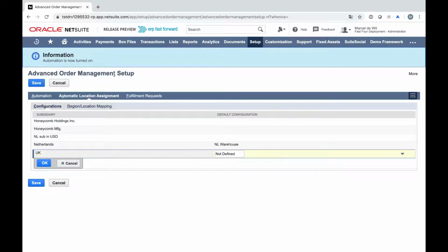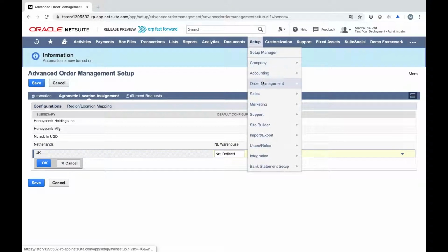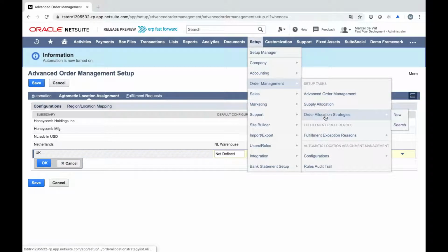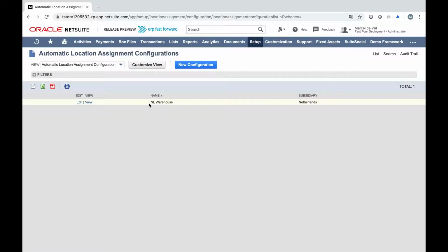Automatic location assignment. As you can see, for my Netherlands subsidiary, I have created the default configuration and linked that one to my subsidiary. Now, where are these configurations? Again, under setup order management, look at my configurations. This is my NL warehouse configuration. If I view that one,